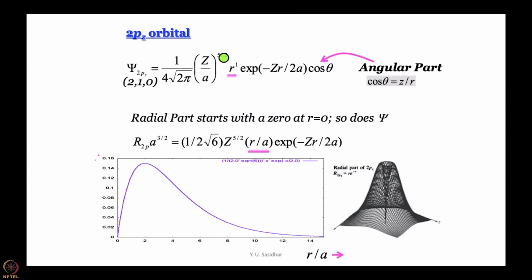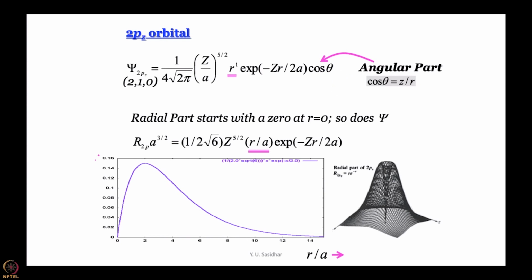So what will this orbital look like? Now we bring in symmetry in a very qualitative manner. Will you agree with me if I say that this orbital will have exactly the same symmetry as the z axis? If you have a problem with that, let me put it in an even simpler form. Wherever z is positive, this orbital is going to be positive. Remember, it is being multiplied by an all positive or 0 function. So except for r equal to 0 and r equal to infinity where the radial part is 0, the function has to be positive when z is positive and negative when z is negative, right.